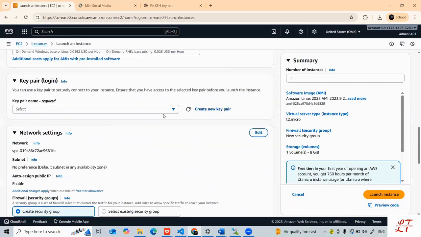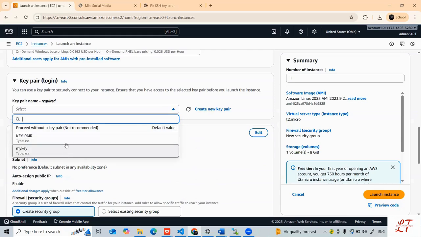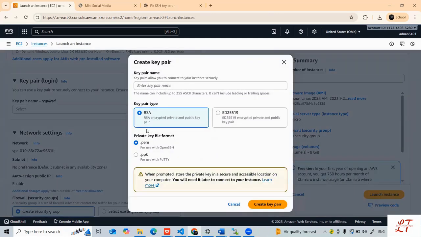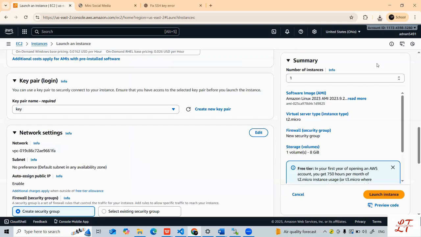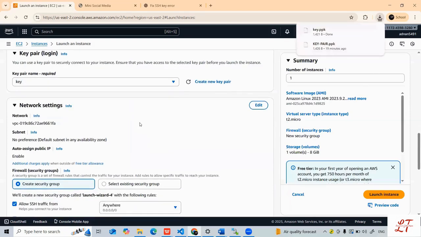And now I can either select an existing key pair, or I can create a new key pair, and this time I'll be creating a key pair here. I'm going to choose PPK as the format. Now I'm going to create the key pair, and the key pair gets downloaded to your system.